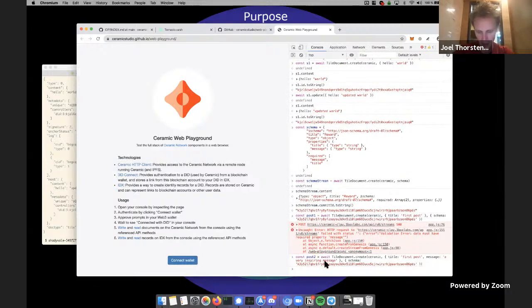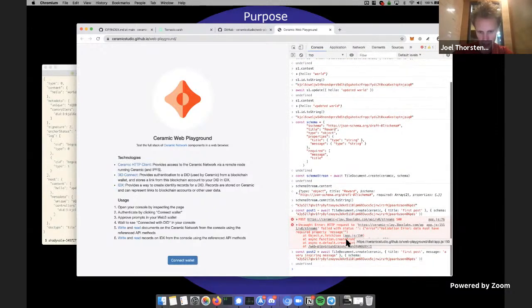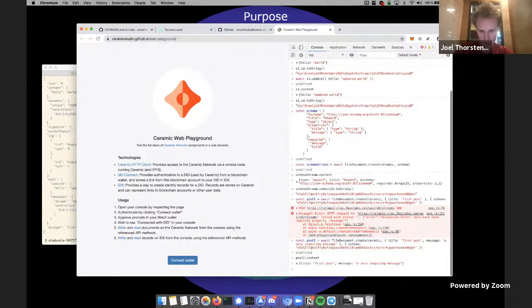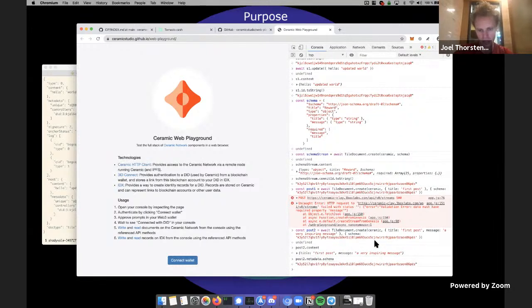All right, so now I created this, and let's look at it. Post2 dot content, and we can see the content here that we're expecting. But also we can do post2, and every stream in Ceramic has metadata. So I can do metadata dot schema. And now I see the schema is the same schema as we got here, which is expected.